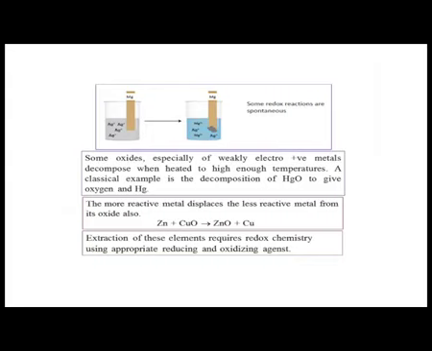Here the more reactive metal is zinc. The reactivity of zinc is higher than that of copper in terms of the electron transfer reaction, but it is a very simple reaction where we consider the removal of oxide